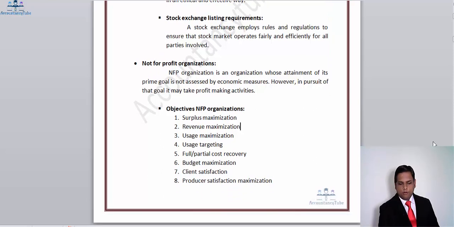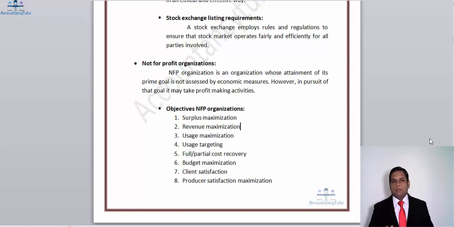The next topic is not-for-profit organizations. Now a brief introduction is given over here. Not-for-profit organizations are those whose attainment of their principal goal is not assessed by economic measures. They are not assessed with monetary measures. However, in pursuit of those goals, they may take up profit-making activities. Their main objective is the purpose of their existence. For example, if an organization's purpose is the education of children who cannot afford it,